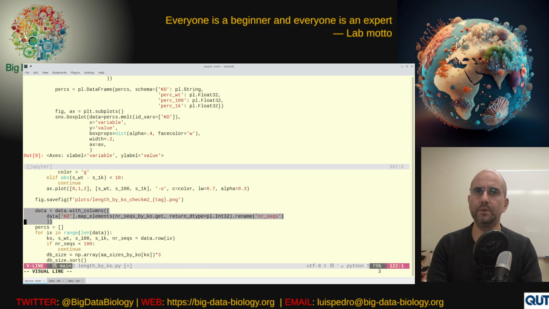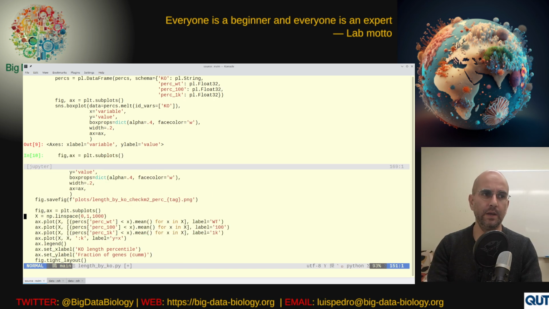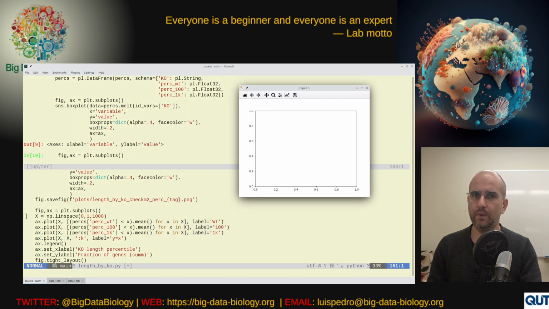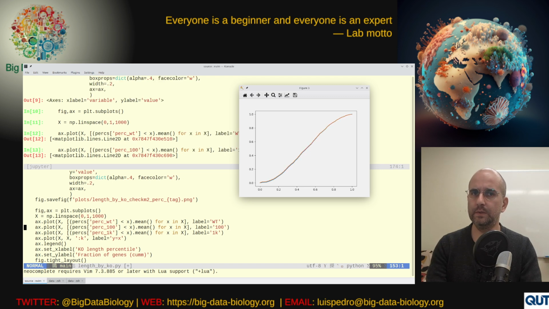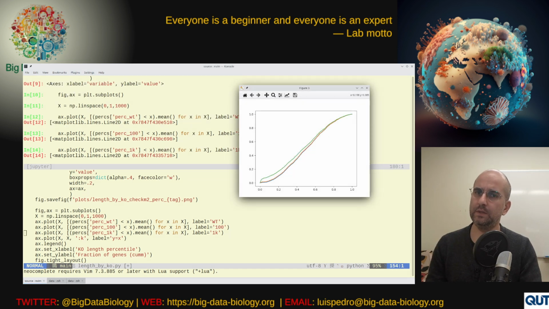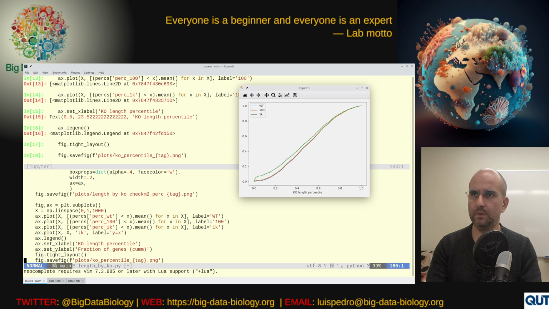So let's do a different type of visualization. Here, three lines are the wild type, 100 mutations, and 1,000 mutations, and this is the KO percentile, now sorted.